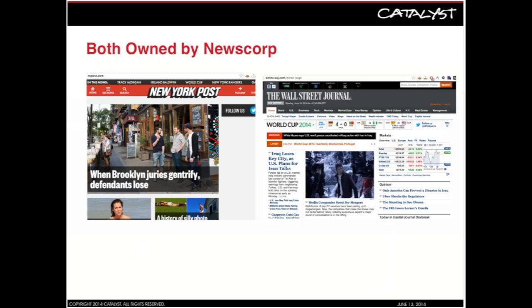News Corp. We're all familiar with News Corp because they bought MySpace back in the day, and they own millions, I don't know about millions, but they own a lot of various publications, news outlets. One of them they own is the New York Post, and another one they own is the Wall Street Journal. So these are two groups of resources, these websites, and if a page on the New York Post linked to a page on the Wall Street Journal, it would not be an independent link because both of these groups of resources are owned by the same entity.